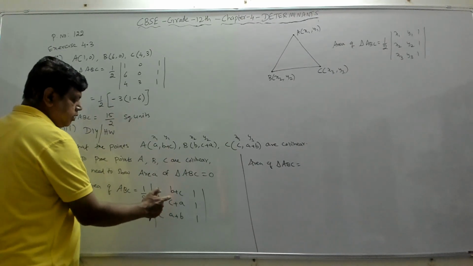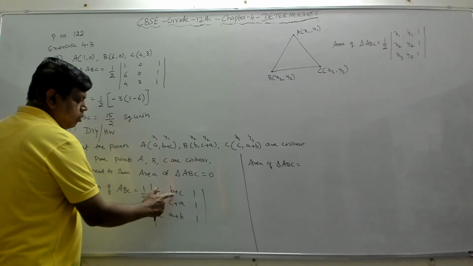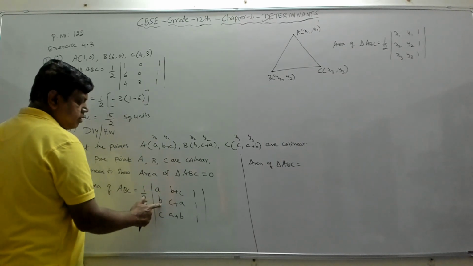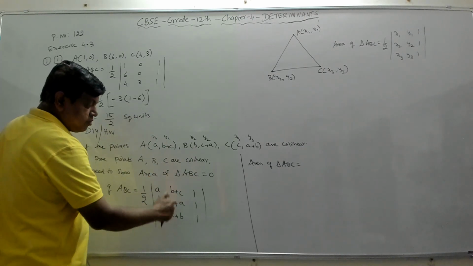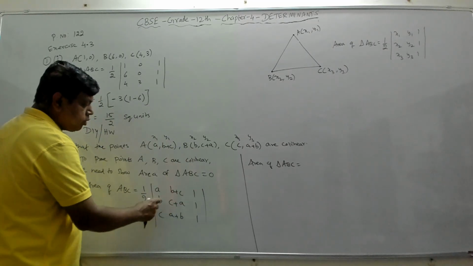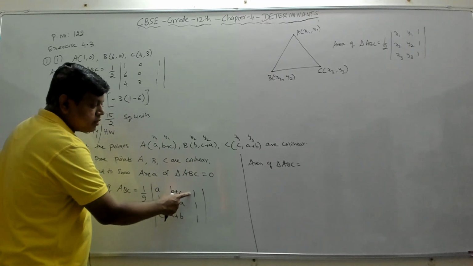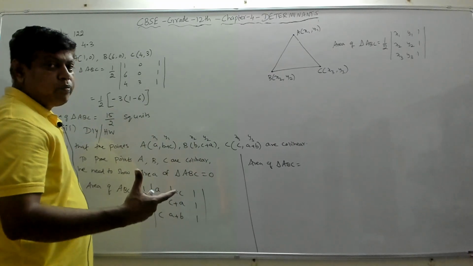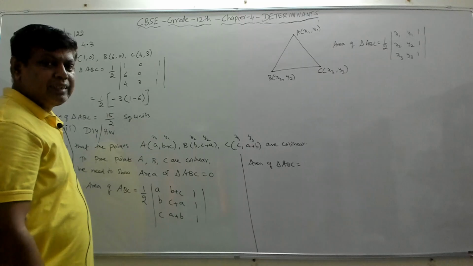Now, if you observe this, if I add these two, column 2 as column 2 plus column 1, then this will become A plus B plus C. Again, if I add this and this, it will become A plus B plus C. If I add this and this, it will become A plus B plus C. Then the second column will have all the elements as A plus B plus C, and if A plus B plus C is taken out, it will become 1, 1, 1. So your column C2 will become 1, 1, 1, and column C3 is already 1, 1, 1. Therefore, you will see that the column C2 and C3 are identical. And by the property, if any two rows or columns are identical, then the value of the determinant is 0.